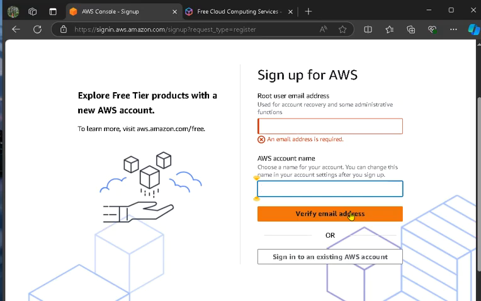You will have 5 steps to create it. You will do this sign up: enter your email address, create a secure password, and then choose the account name,